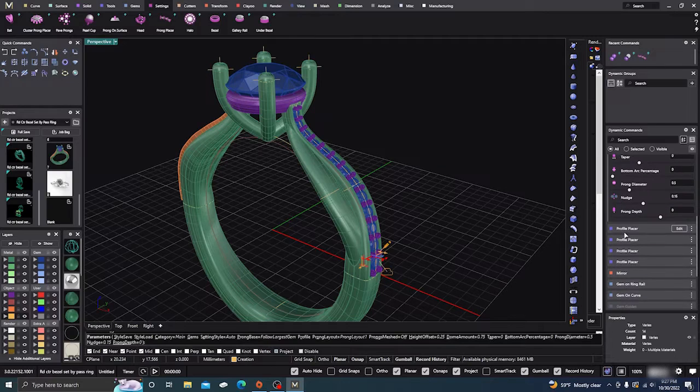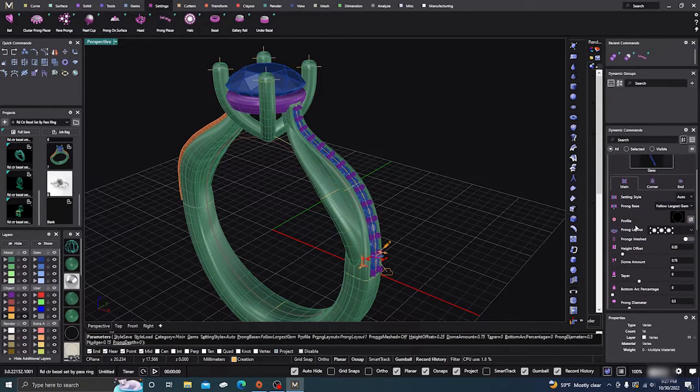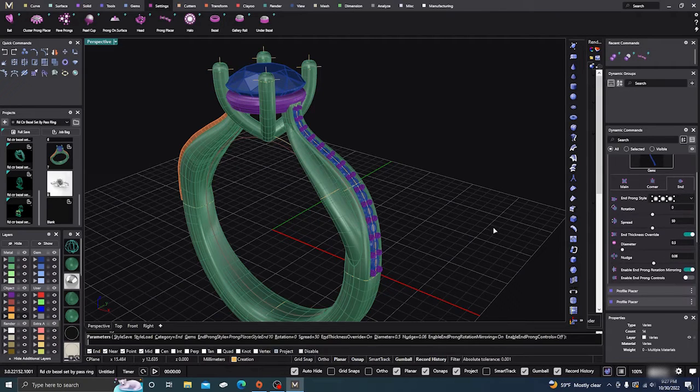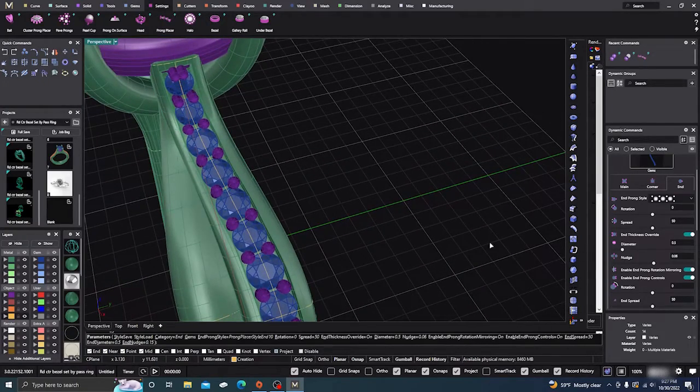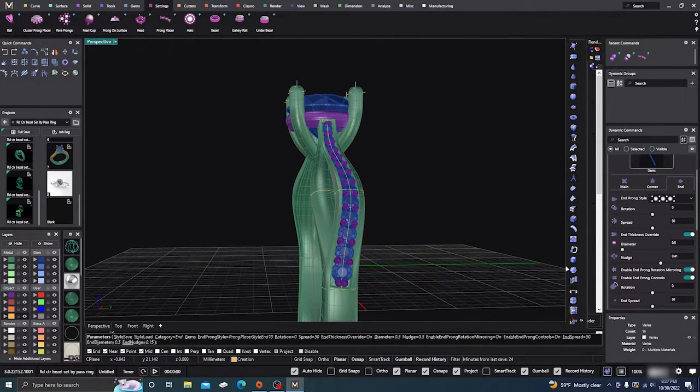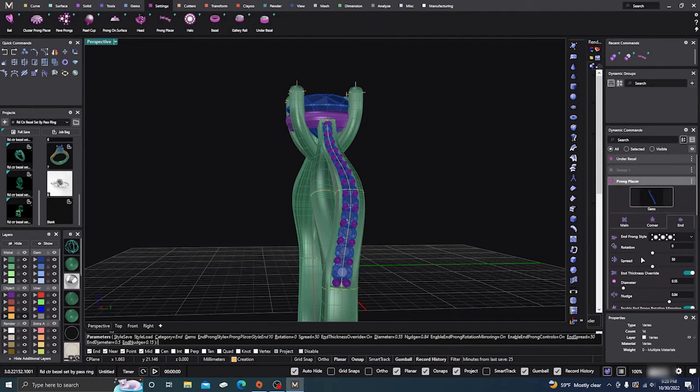Let's go ahead and take a look at them here. Go to our end, nudge. Wrong end. That's this end down here. Diameter a little bit wider, nudge a little bit more. Alright,